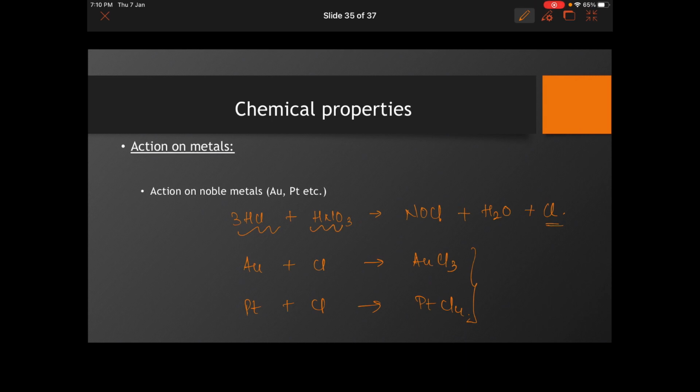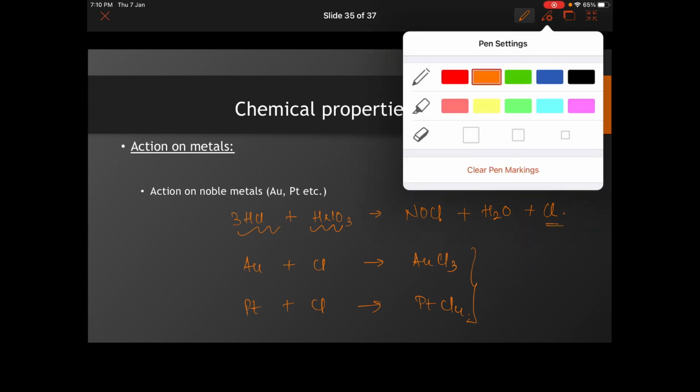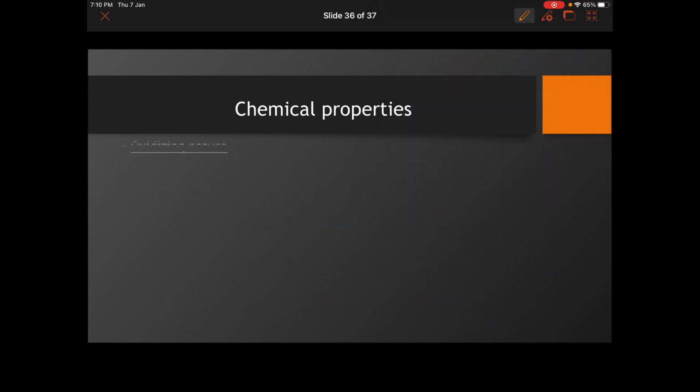Perfect. Simple, very easy. Yes. And we know how basically these reactions are going to happen. We know the background of the reaction now, so nothing is going to stop us from writing down the reactions. So no fear now, right? Moving ahead, chemical properties. Oxidizing nature, very important. Oxidizing nature of HNO3, again a very important property.